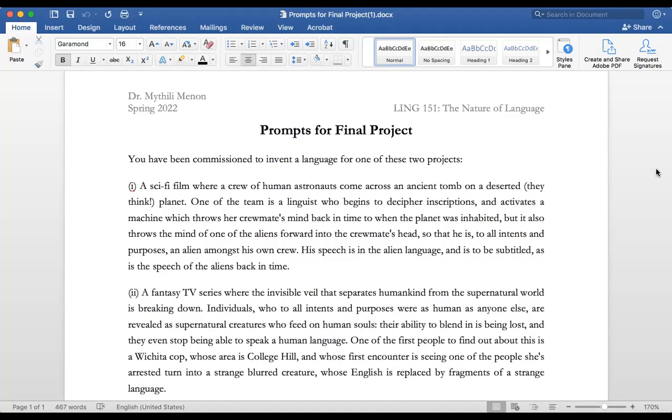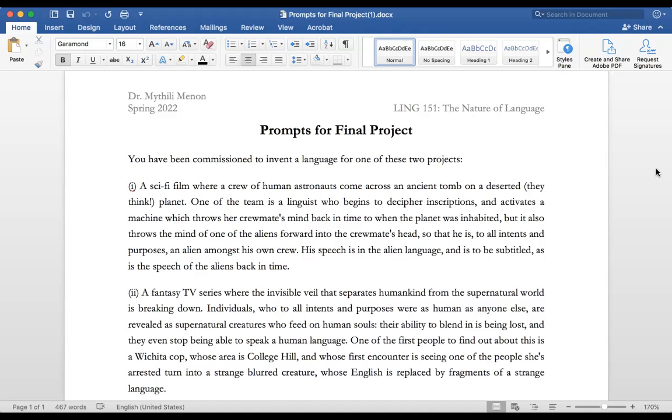There are a lot of different ways that you can do this. Okay, it could be a really bare language because, you know, I don't know, maybe aliens don't have really complicated language, right? Or maybe aliens really do have very complicated languages. I don't know. It's really up to you. It's really up to you and your creativity and what you think you should be doing. Okay, so this can go a lot of different ways, right?